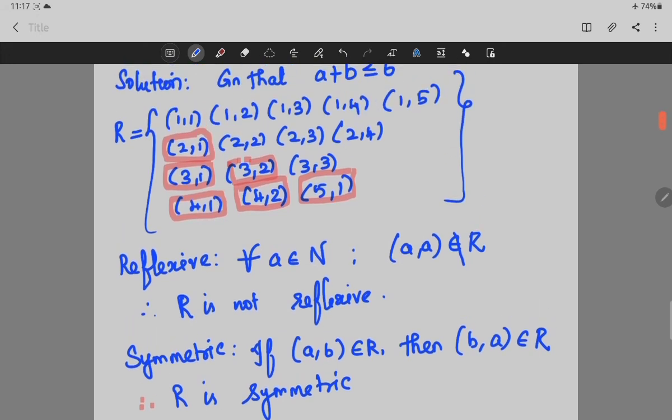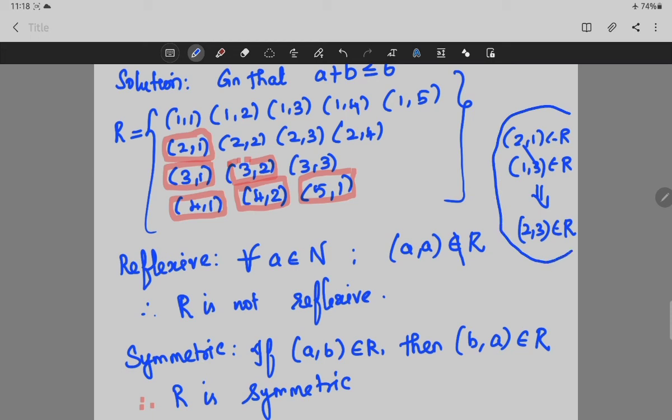So you see that now 1, 2. So you see here 2, 1 is here. So 2, 1 and 1, 3 if you consider. 2, 1 belongs to R and 1, 3 belongs to R. If the two ordered pairs are in that relation, we can very well say 2, 3 also belongs to R. If it's so, what we can say? We can say the relation is transitive. So see that 2, 3 also there.